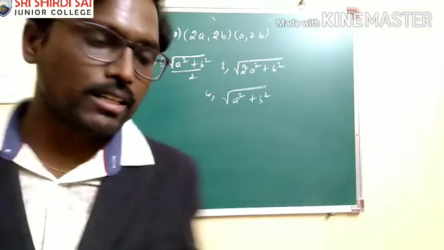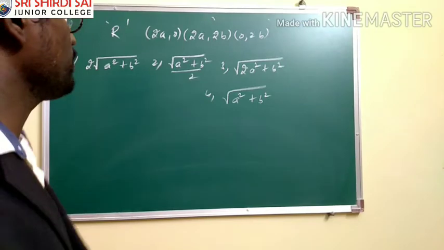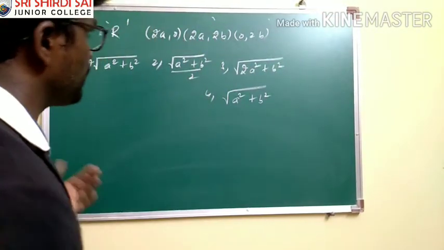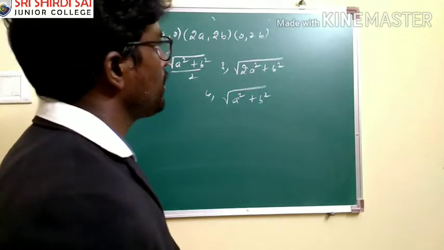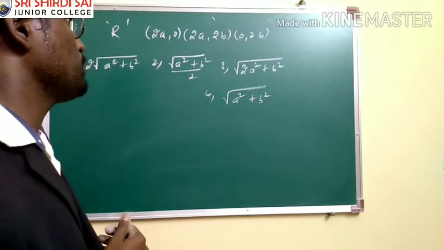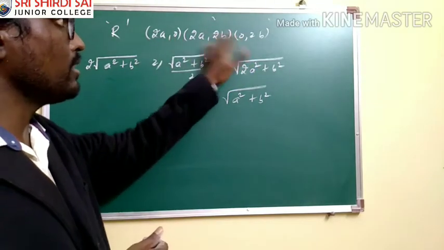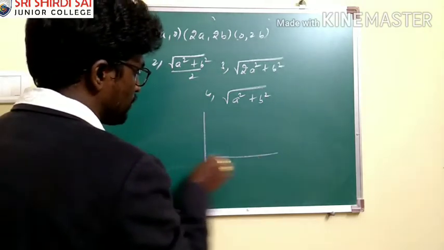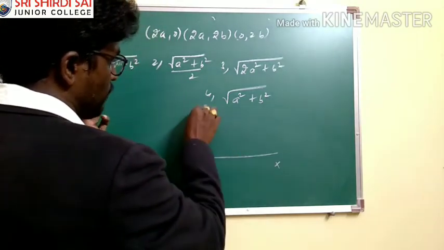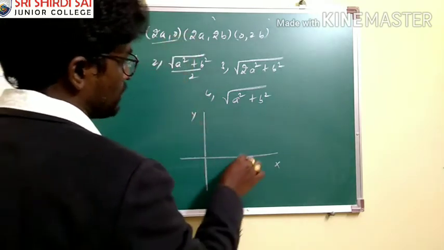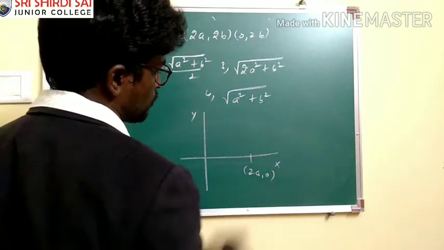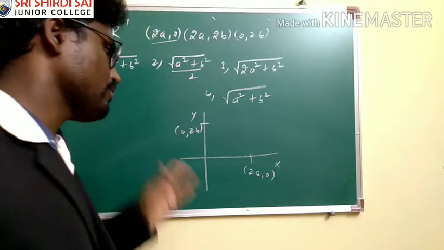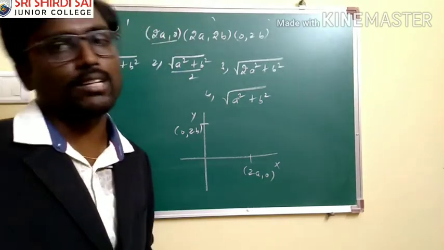Here we are supposed to calculate the circumradius for the triangle framed by (2a, 0), (2a, 2b) and (0, 2b). I've told you number of times earlier, when you are having the coordinates, first you see whether there is any possibility of getting a horizontal line and a vertical line with these provided coordinates. There is a chance. What is that? If you take the x-axis and y-axis, definitely (2a, 0) lies on the x-axis somewhere. Let's say this is (2a, 0) and this is (0, 2b). You can find the distances generally and you can understand the type of the triangle.